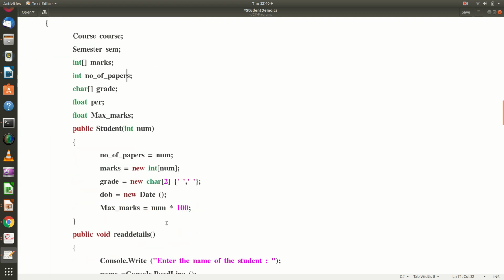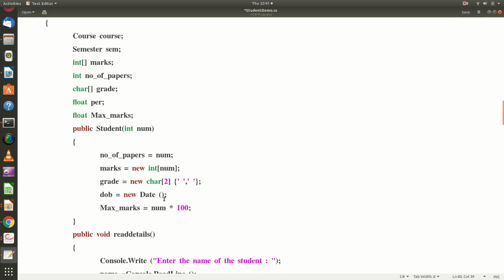Now I am going to create a constructor, and in the constructor I pass a value. That integer specifies how many papers there are for that particular student. So that value I am assigning to number of papers. Then based on the number of papers I create the marks array. Then I define grade as an array of characters with two values, so that you can have A plus, B plus like that.